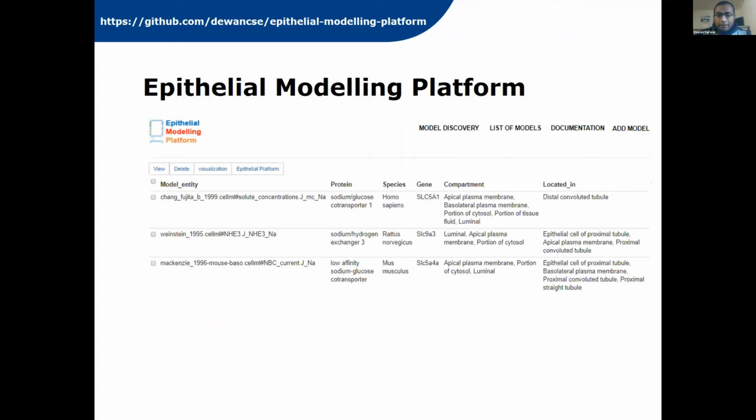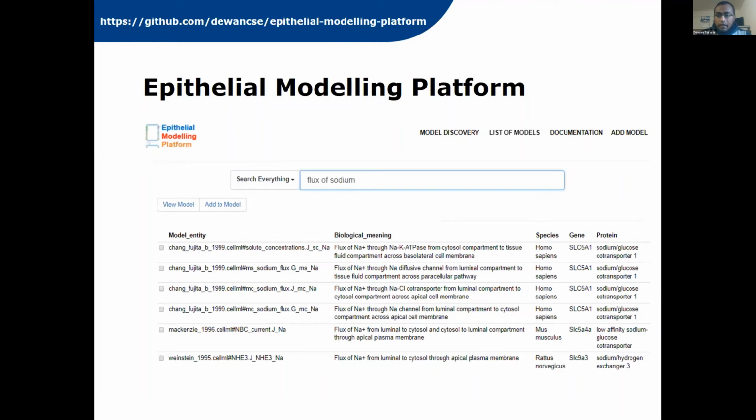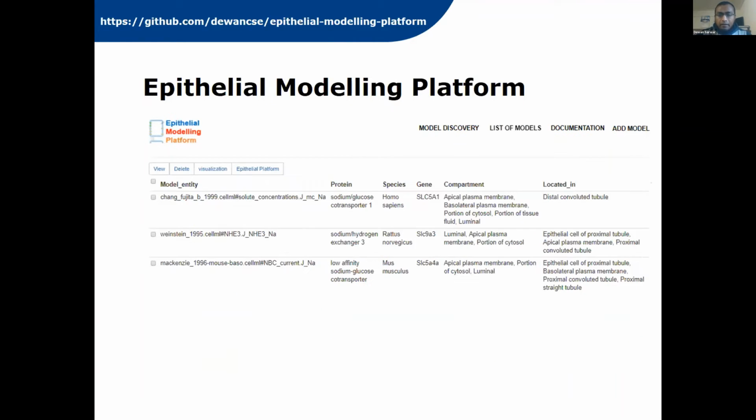Then we save the list of models in this page, and the user will go back again and search a new query, choose some models, and then again go back to this step here. So this step is a list of models that will help the user to create a new model. From this list of models,